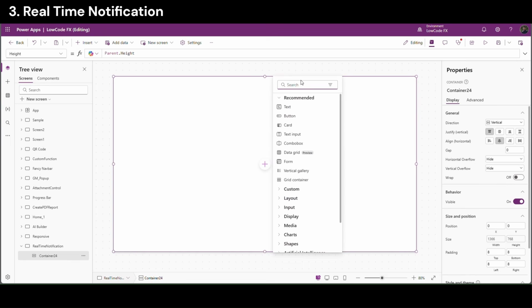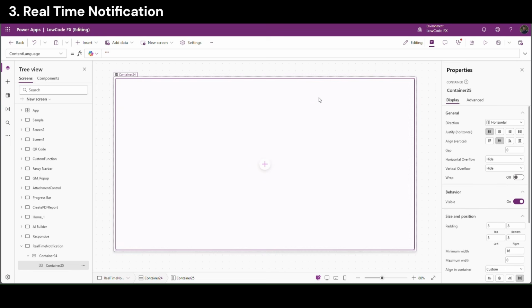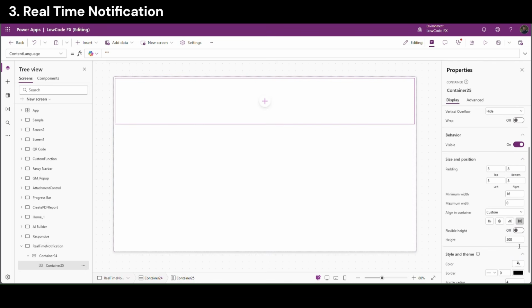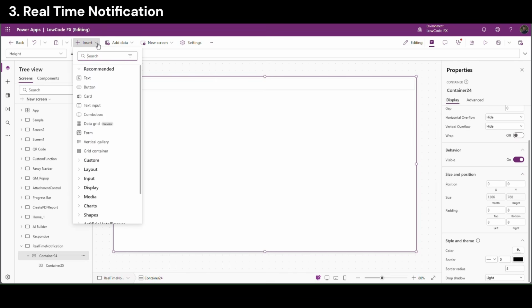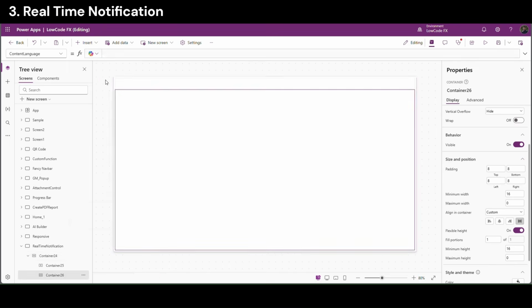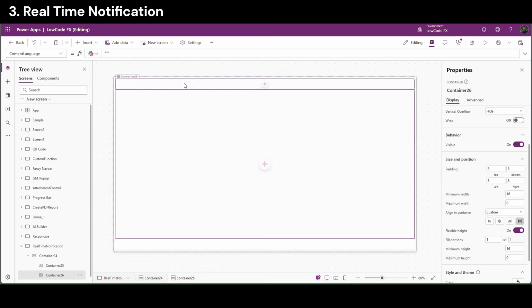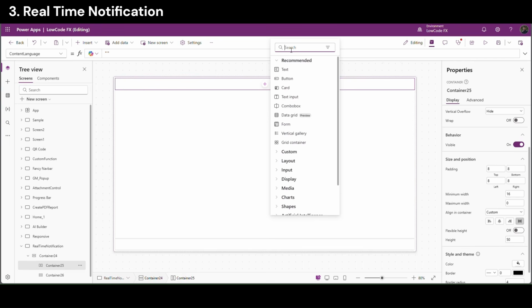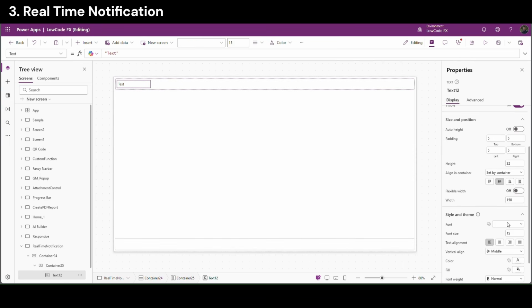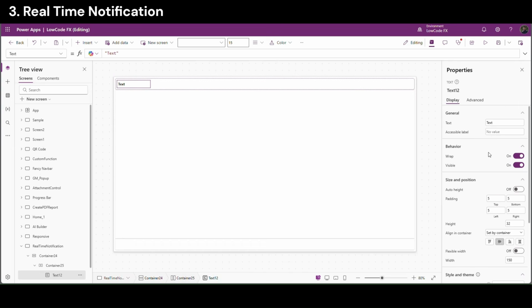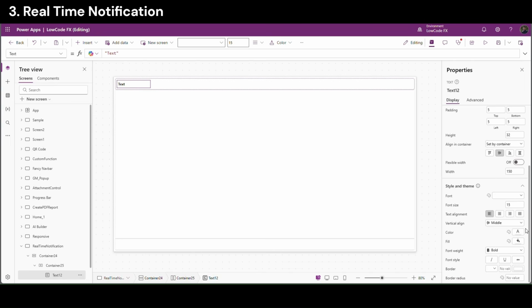Here I need one horizontal container. This will be a static height of 50, and I need one vertical container, and we'll copy the header again. So we have 3 containers. In the header container I need one text, make it bold, and this is nothing but real-time notification. Yes, this is 18